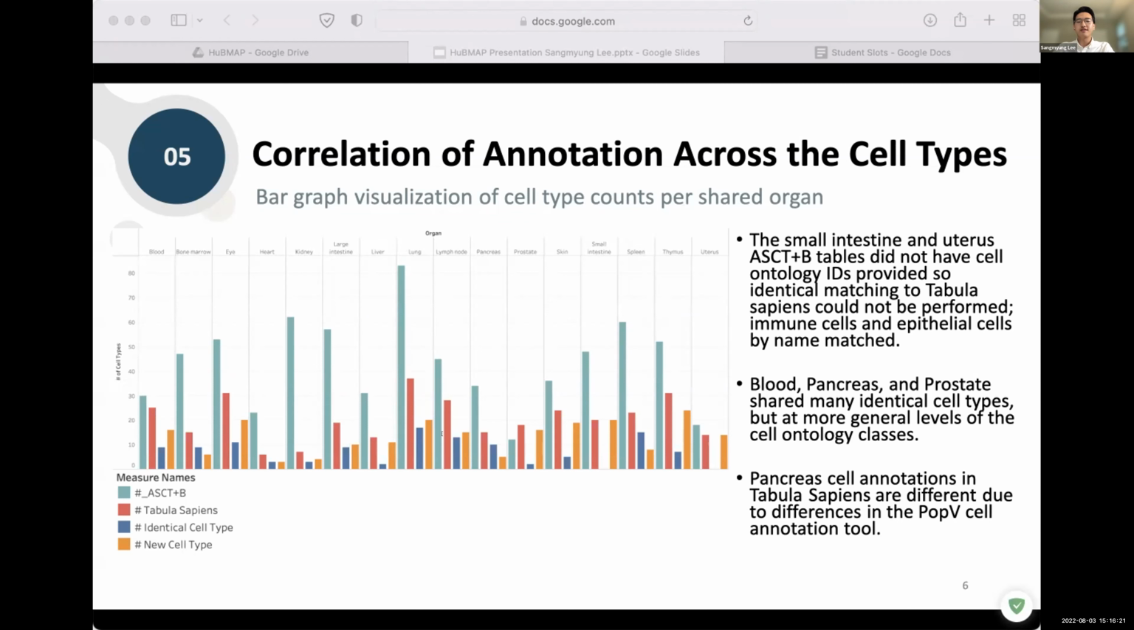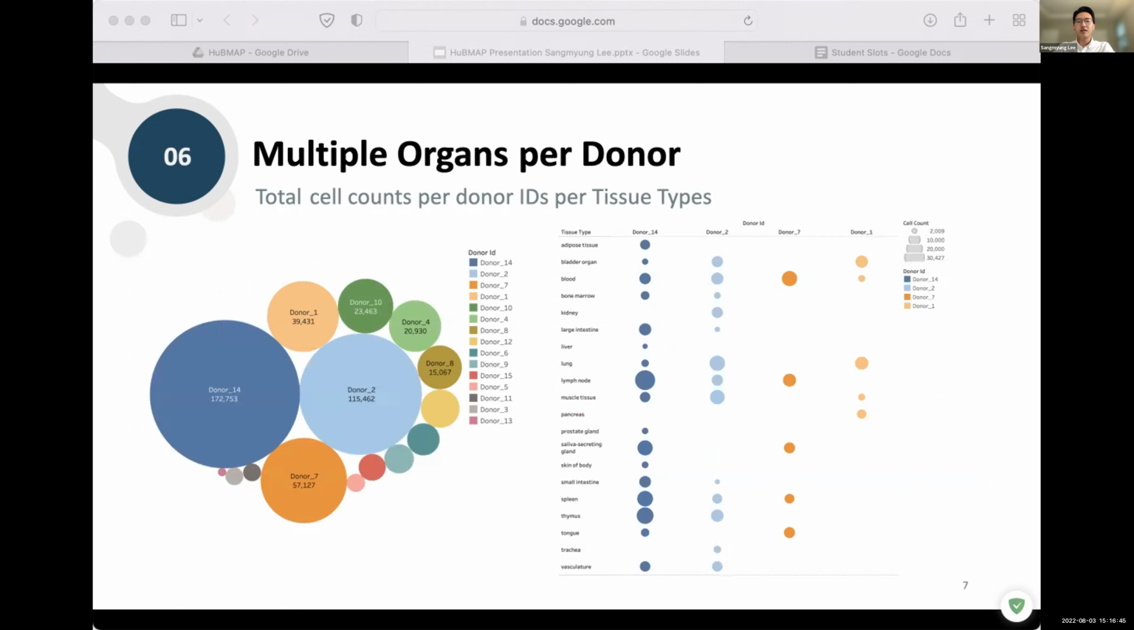Tabula Sapiens generated cell annotations for all organs by an automated annotation tool called popular vote, while Azimuth, the web application that uses an automated annotation reference dataset, generated a different set of cell types in the pancreas. This result provides insight into the future need for a unified protocol and cell annotation tool for cell type comparison. The Tabula Sapiens provides a total of